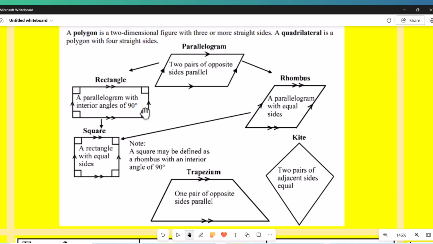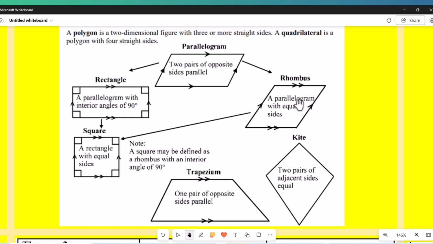So because of this, we say that a rectangle is a special parallelogram. Are we together? Can I say that again? A rectangle is a special parallelogram. The only difference here is that we have 90 degrees for the rectangle. Are we together now? And then, if you come to the rhombus, the rhombus is a parallelogram with